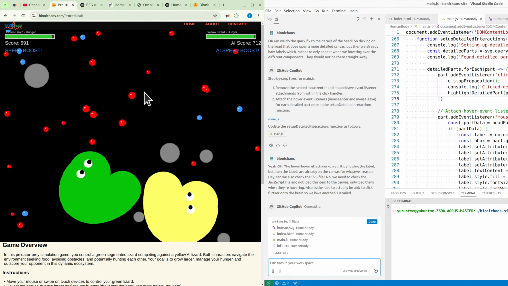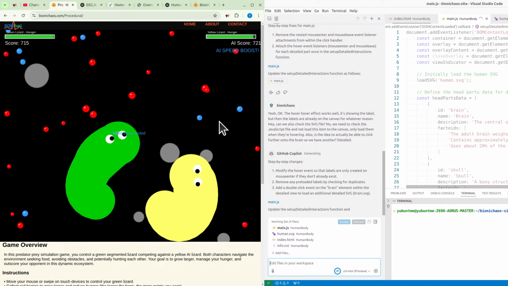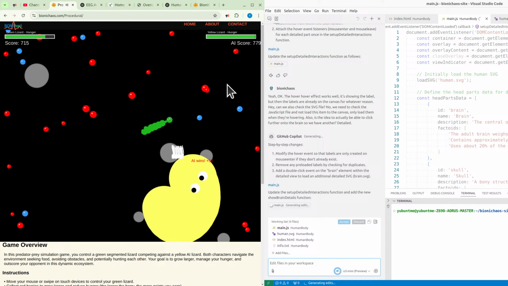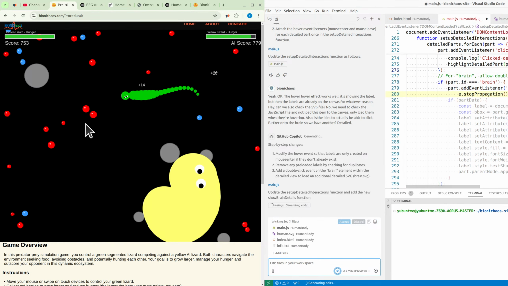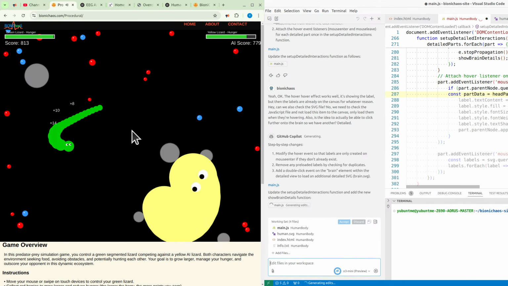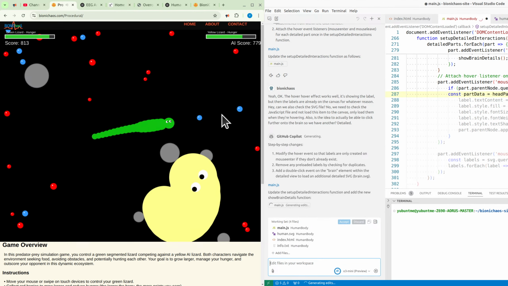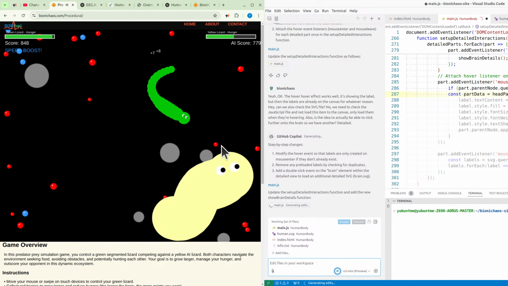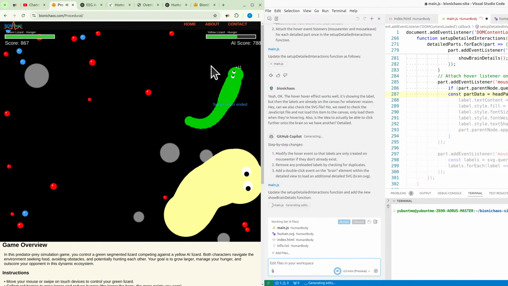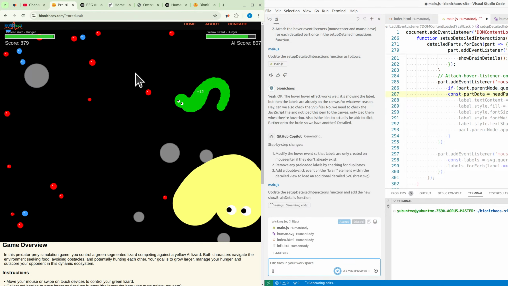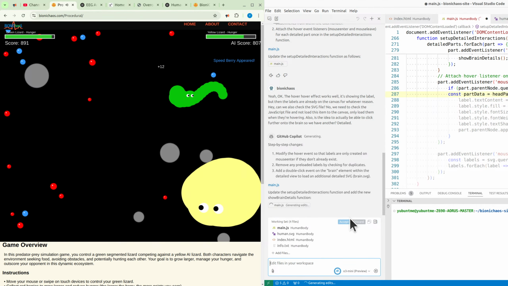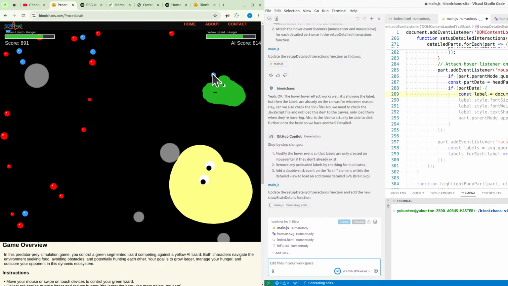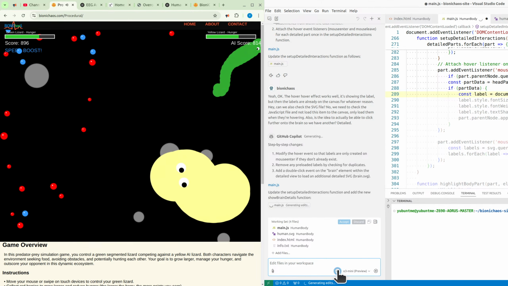Step-by-step changes. Modify the hover event so that labels are only created on mouseenter if they don't already exist. Remove any preloaded labels by checking for duplicates. Add a double-click event on the brain element within the detailed view to load an additional detailed SVG, brain.svg, in main.js. Update the setupDetailedInteractions function and add the new showBrainDetails function. // existing code. function setupDetailedInteractions(svg) { console.log('Setting up detailed interactions'); const detailedParts = svg.querySelectorAll